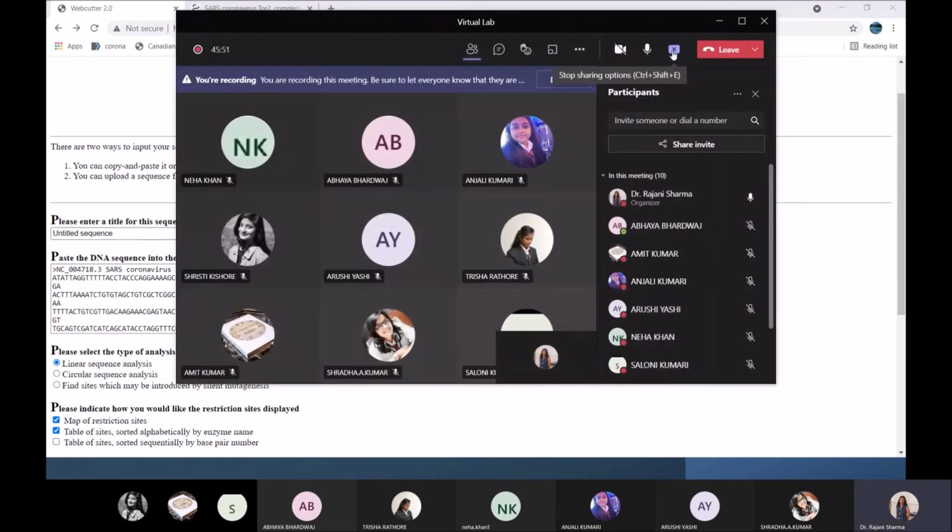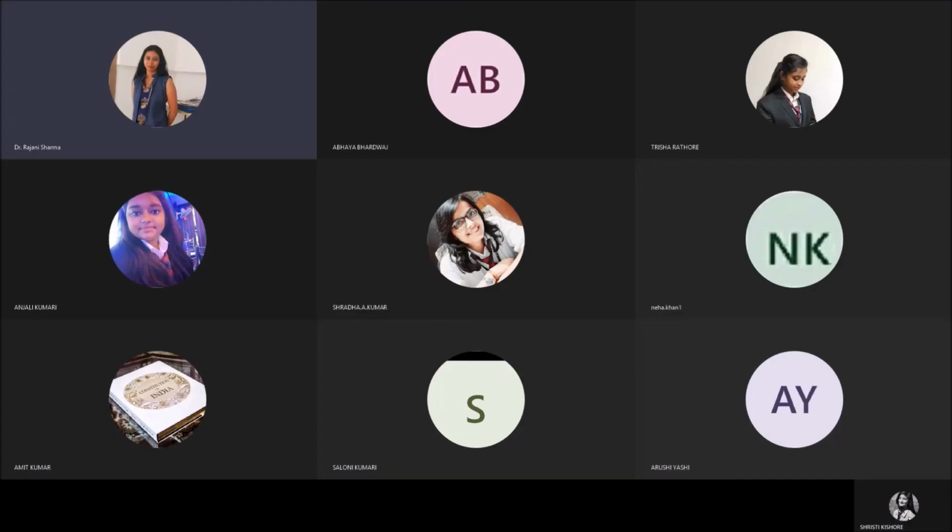So you all take rest for 10 minutes, then come back for the class. Up to here, any doubt? No, ma'am. So in the next class, you will be posting your own sequence part, and after that, to find out whether the restriction has taken place properly by treating with those enzymes, you have to go for gel electrophoresis. How we can perform gel electrophoresis in the virtual lab, we will proceed with in the next class. Okay, so all of you take rest for 10 minutes and then meet again in the next class.